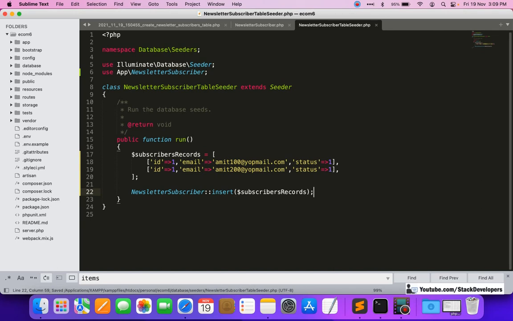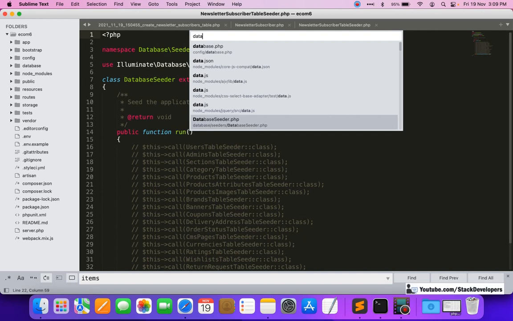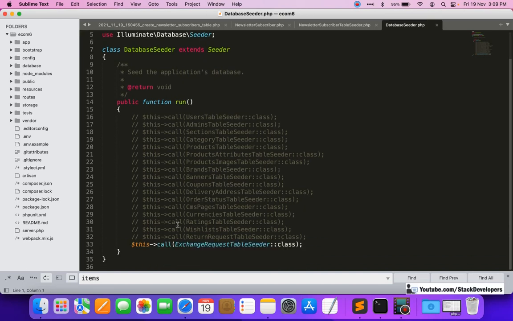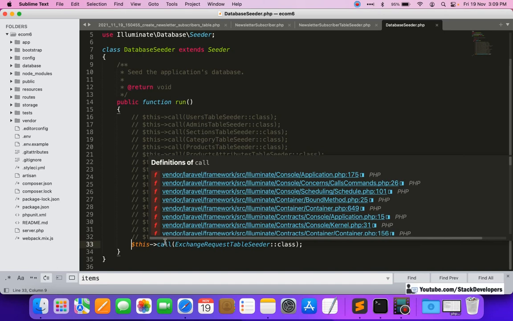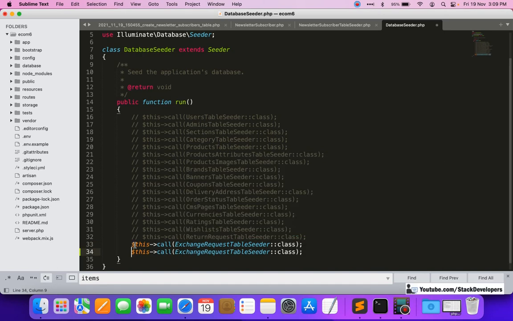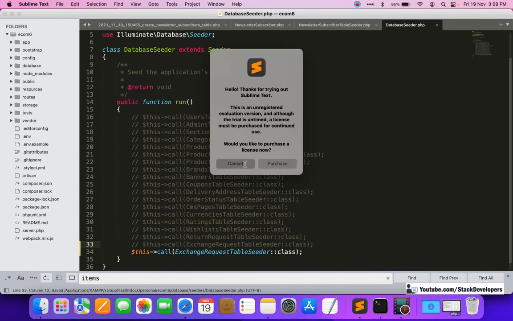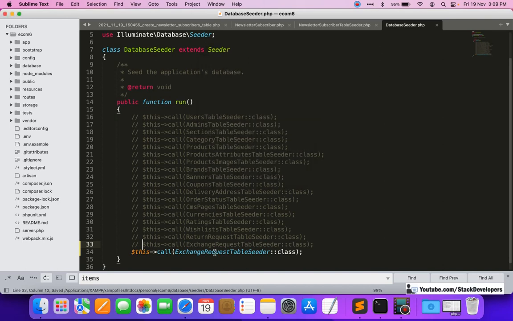Okay, so now one more file we need to update here, the database seeder file, where we need to call all these seeder files. We will comment out this earlier file. This new one we need to call when we run the php artisan db:seed command, so it will get called from this file.